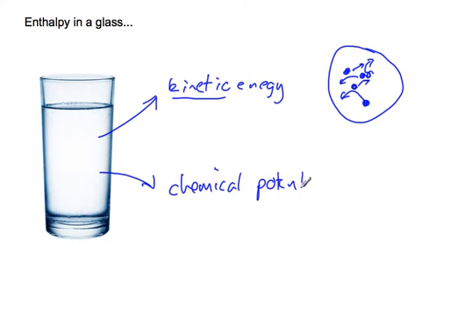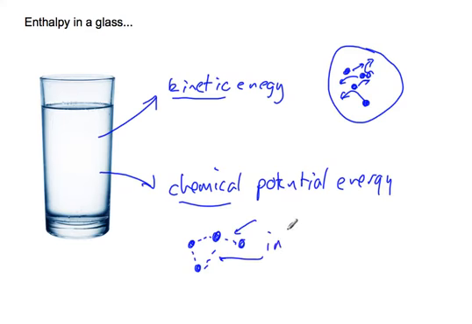And that chemical potential energy comes from two sources. One source, again, if this is a water molecule, is another water molecule. Well, what is that between them? What is this between those water molecules? That is intermolecular forces. So there's some energy associated with the intermolecular forces, potential energy. Remember, if you want to break those, you have to apply energy. So if they form, they're going to release energy. So intermolecular forces